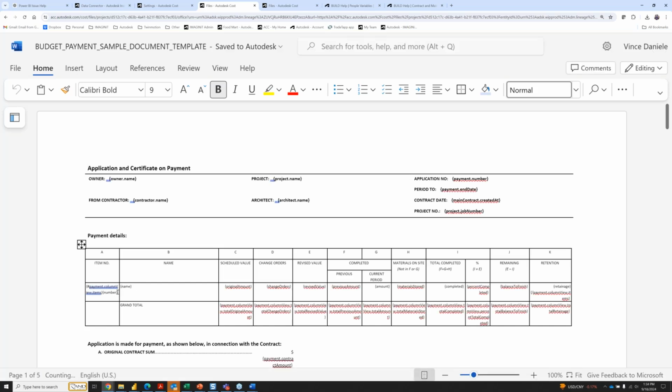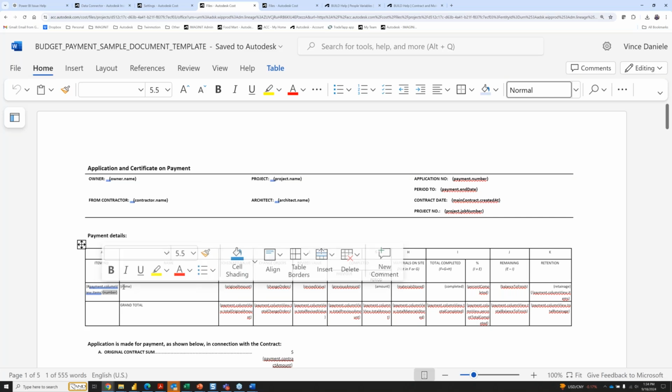These documents are intelligent enough that when we create a pay app from a document template, if it has the correct syntax variable in this first column, so notice that this one has # payment dot column view items and then number, don't worry about number here, but this little string, this syntax, starts